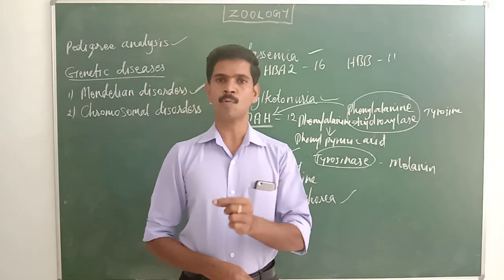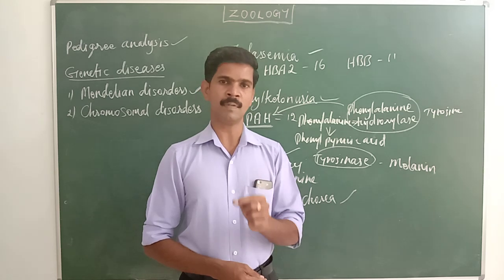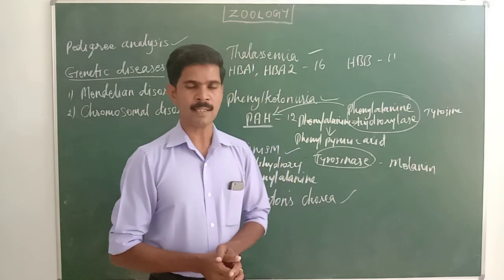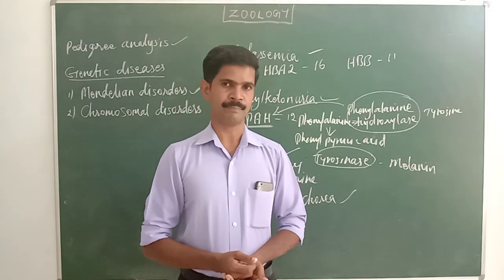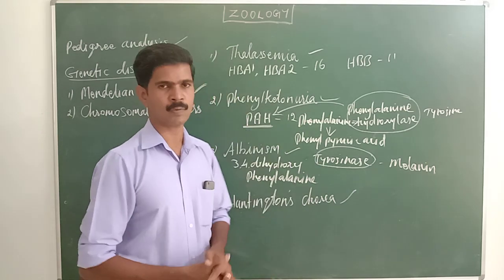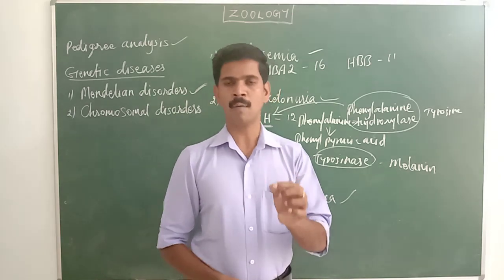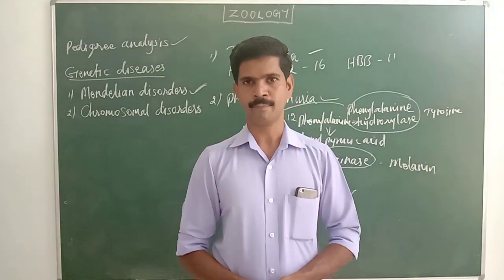And here one more question is there. The affected person will die between the age of 35 to 40. Okay, so between the age of 35 to 40, the affected person will die. Understand? So it's one more question. That's all about Huntington chorea. So Huntington chorea is the example for an autosomal dominant gene disorder or autosomal dominant gene disease.